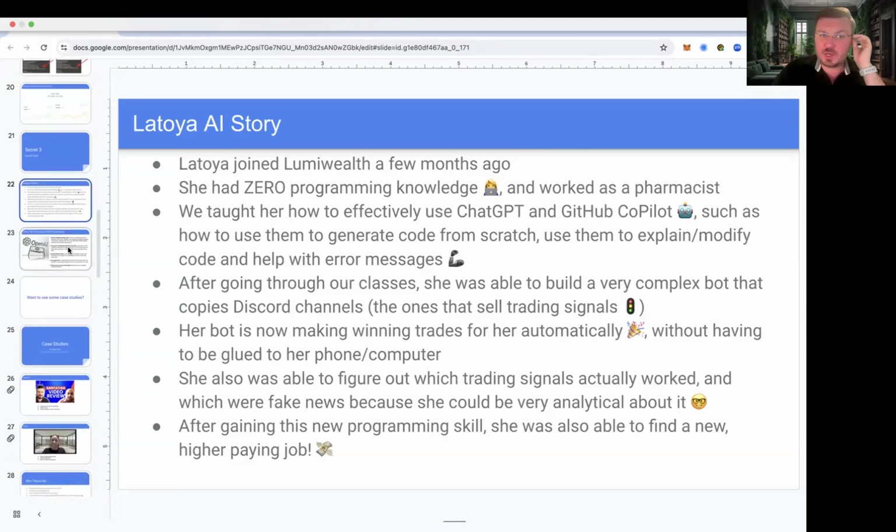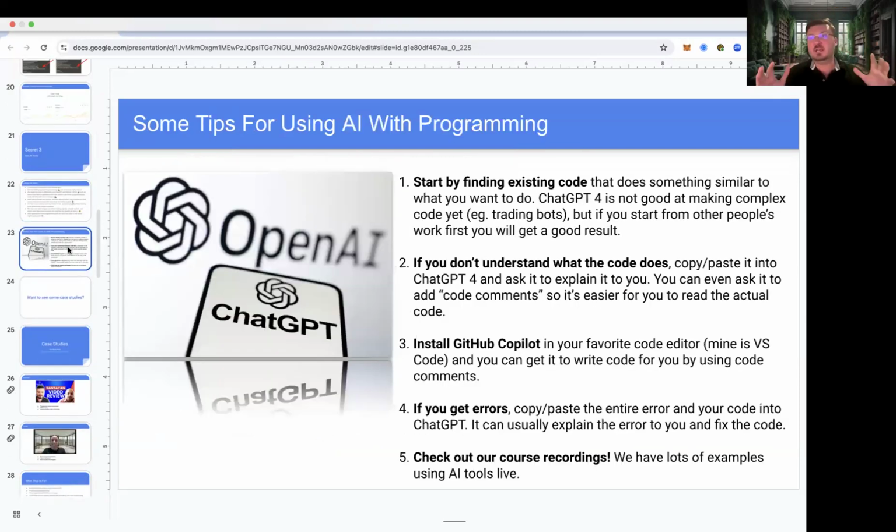But let me give you a couple of tips, right? These are the tips that we give to people whenever they join our courses, of how you could use AI for programming. So again, if you join our classes, you don't have to learn how to code. If you don't want to learn how to code, you could just use what we have. We have all those bots that I showed you. You could literally just use those, and they're very easy to set up. You don't need to be a coder. But if you want to join our classes and learn how to code, we could show you how to do some pretty cool stuff, right?